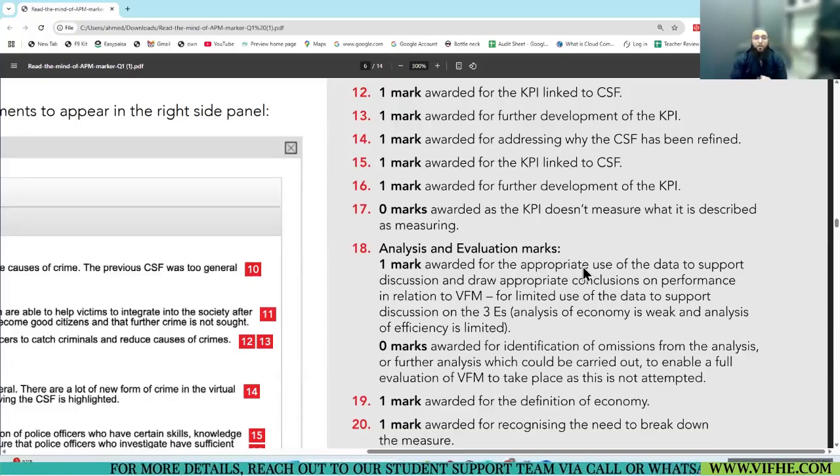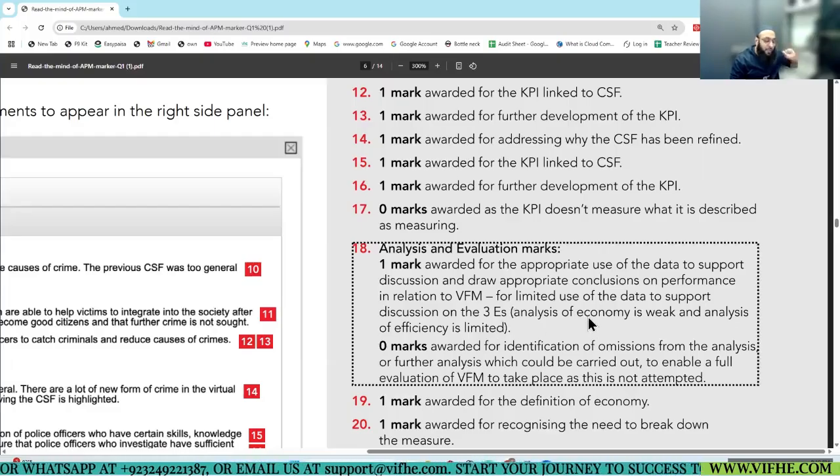This is an area where he was not very good, he was weak in this part, honestly. Because if you remember, when he was analyzing economy, he just mentioned the cost is low and he ignored the impact of quality. So what is the examiner saying? Analysis of economy is weak.